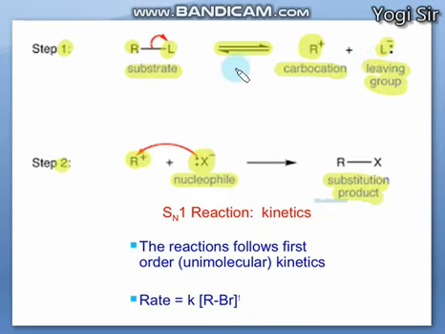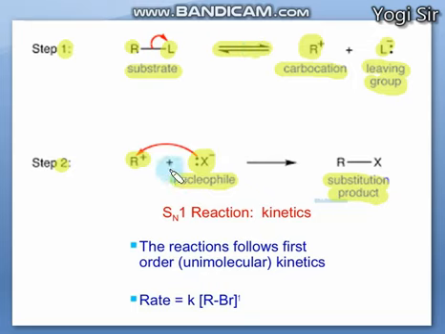So the reaction depends on this first step, on how much quantity of carbocations are produced. That many cations can react with our nucleophile, and that much product can be produced. So it fully depends on this first step, and this step is the slow step. We are saying the slow step is rate determining, right? It determines the rate of the reaction.